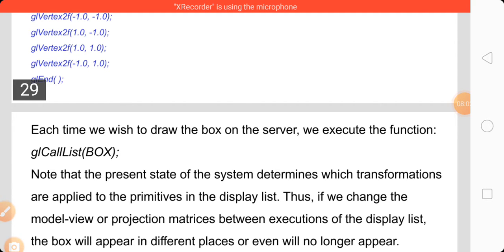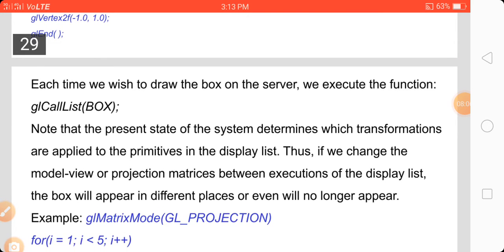Thus, if we change the model view or projection matrices between executions of the display list, the box will appear in different places or even will no longer appear. For example, glMatrixMode(GL_PROJECTION).